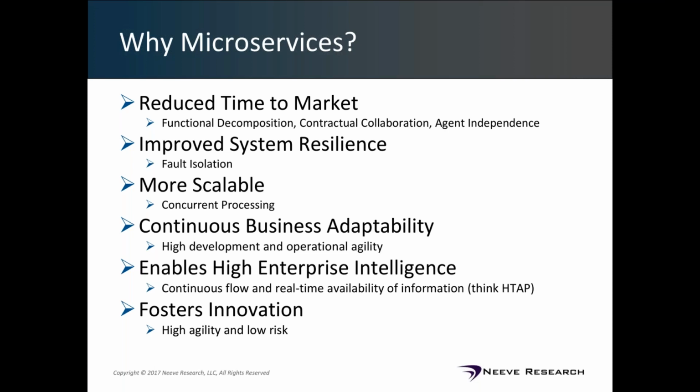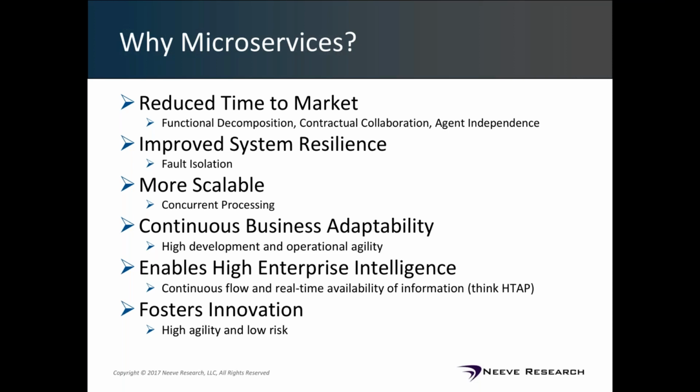And the reason for that is that if you have all these services that are operating effectively independently, talking to each other using messaging in a decoupled fashion, you get fault isolation. Any one particular service fails, and the rest of the system can continue, but you can get most of your functionality to continue to operate while that particular service is repaired and brought back up. Through the deployment of multiple components, you inherently get more concurrent processing, and therefore the system is inherently more scalable.